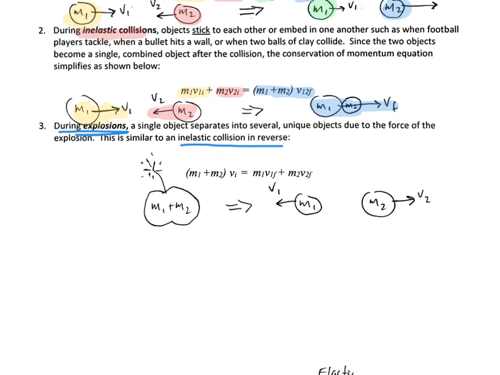Well, here we've got one object, a big mass, and it's attached to a fuse, so it's going to explode. So the total momentum before the explosion is mass 1 plus mass 2 times the velocity that it's at. If it's at rest, it has no velocity, therefore no momentum, or it could be moving, and therefore it would have some initial momentum. But then after it explodes, it separates into two pieces. One piece is going to move this way with leftward velocity, and so we could describe the momentum as its mass times its velocity. The other piece is going to move to the right with rightward velocity here, and so it has momentum to the right.